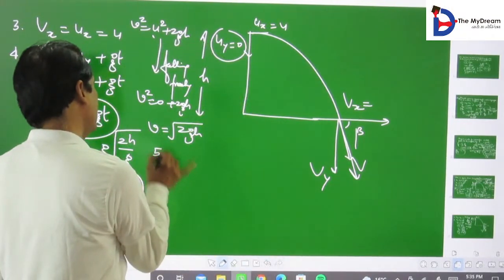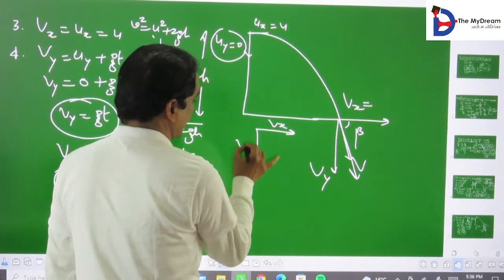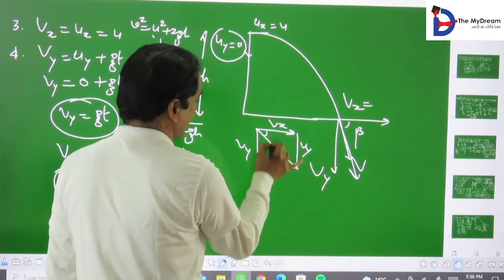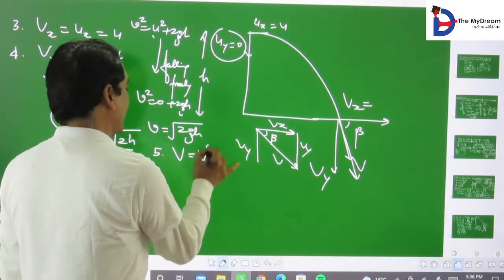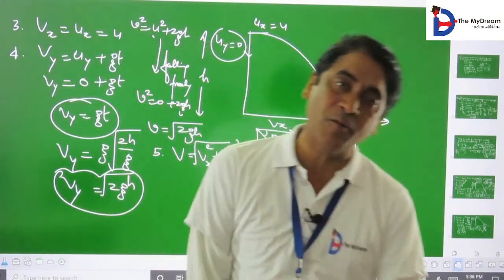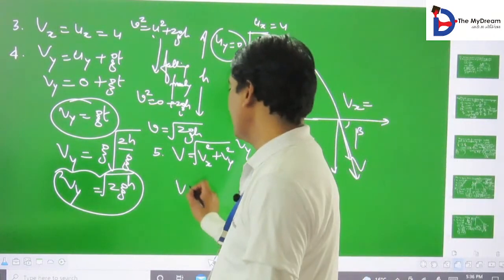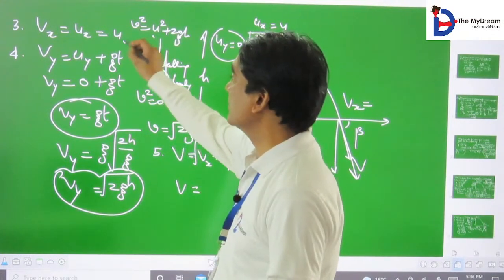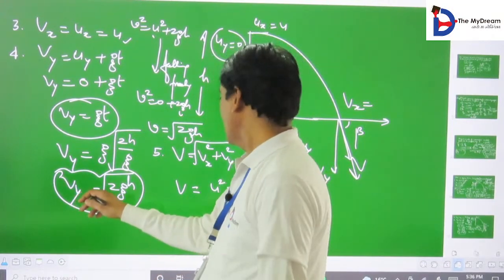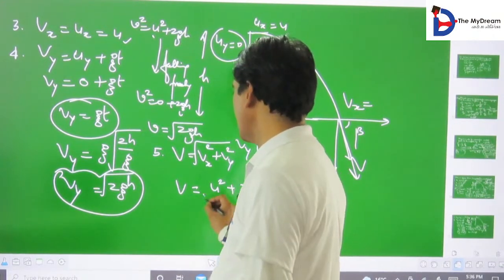Fifth one, इसको यहाँ ड्रॉ कर लेते हैं। This is Vx, this is Vy, this is Vy, and this is V. So Vx square plus Vy square. By using the Pythagoras theorem, we can find out the capital V. Capital V पता कर रहे हैं? So capital V is equals to Vx क्या है? Vx, that is u. Vy क्या है? दे देते स्क्वायर। देखा बच्चे, वही आ गया।